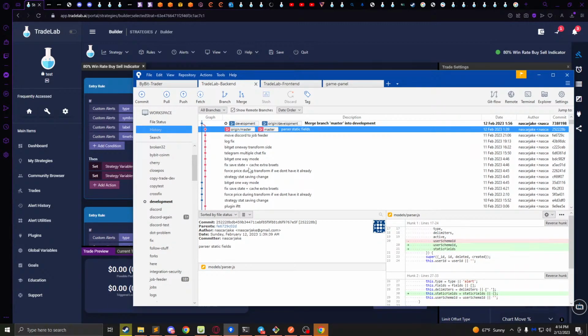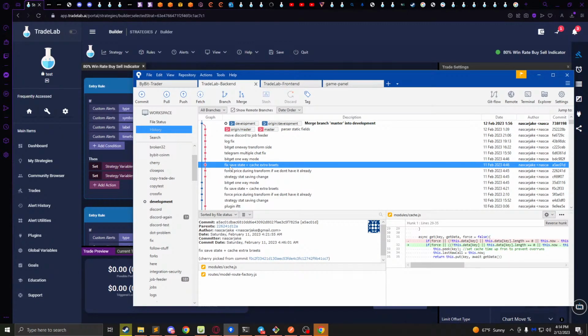So we got that. There were a couple of changes to how things save. I'm trying to prevent you from saving in the builder. If you opened up the builder when no trade was open, and then a trade opens while you have the builder open,